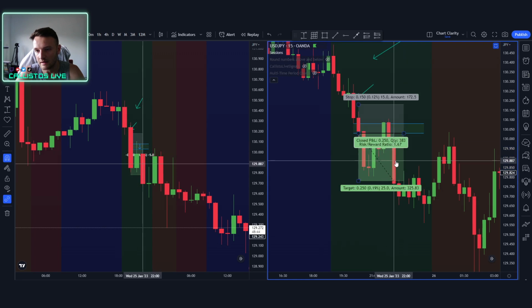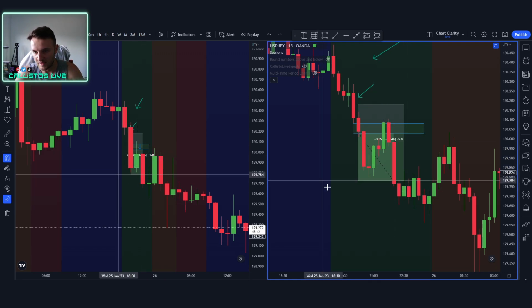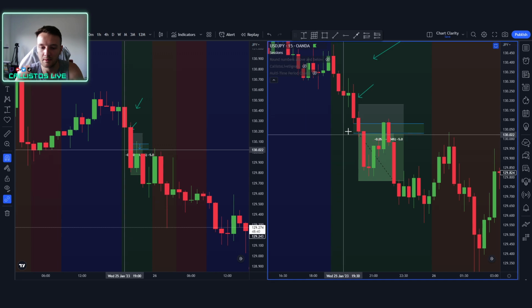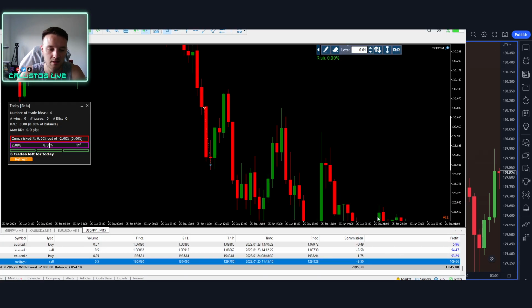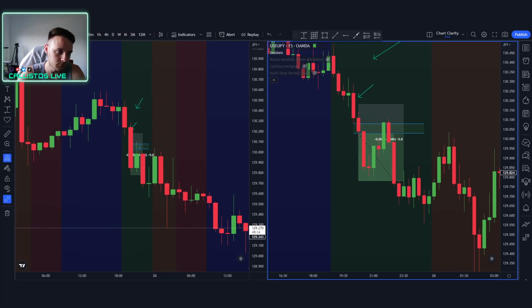But then it did go down and hit my overall 25 pip take profits. But it was around about a 20 pip trade. And you can see right here, about $110. This is my main account here. Sorry, I have an account on Oanda, and I also have an account on FP Markets, which